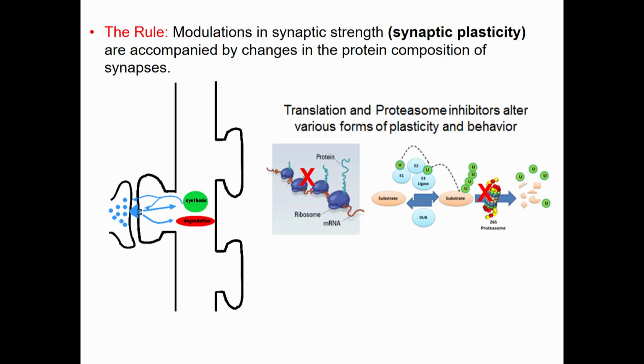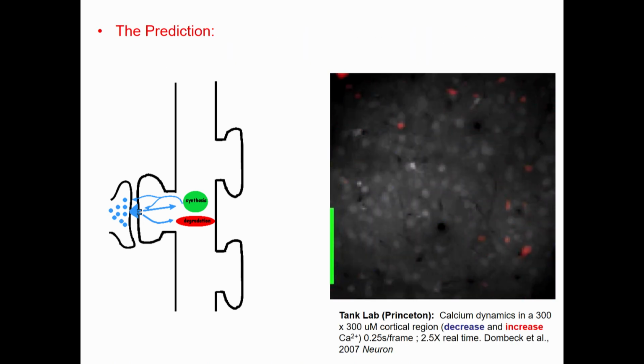The reason we know that protein synthesis and protein degradation are really important is that, for instance, if you take inhibitors of synthesis or inhibitors of some of the major protein turnover pathways inside of cells, you pretty much block most forms of plasticity or alter them in some manner, as well as behavior. And another thing that we consider is that